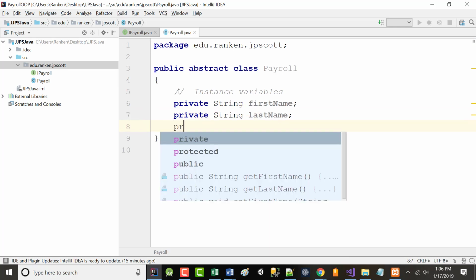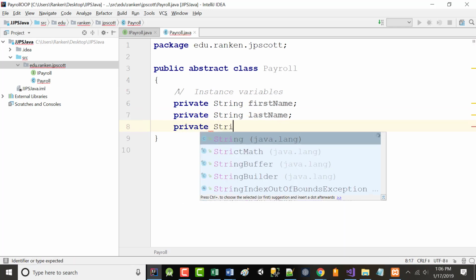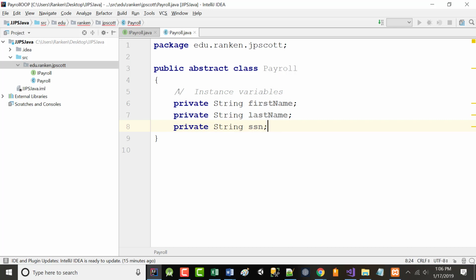Hopefully you'll understand later, but it'll also be a string, and we're going to call it SSN. I don't think I have to tell you what that is. I believe you'll all know it's going to be the social security number. All right? That literally is it for our instance variables.